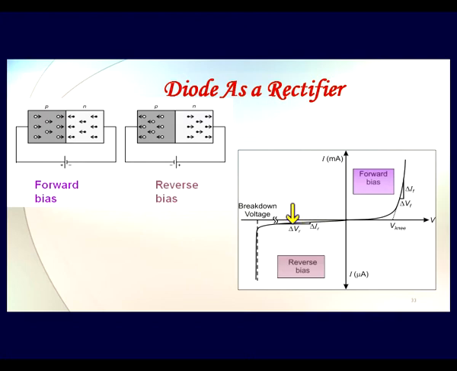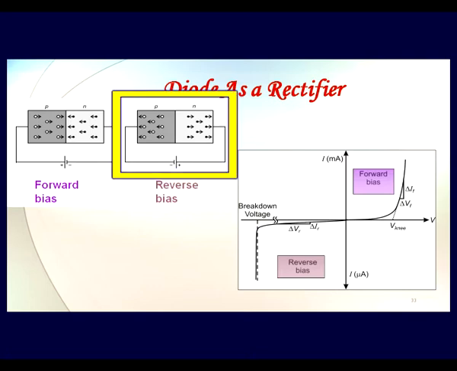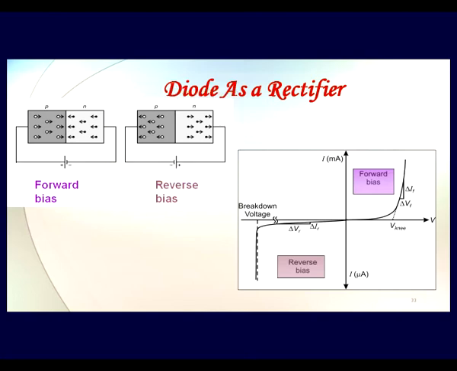So for a long range, that is up to a very high reverse bias voltage, we don't get significant current. It is as if this diode is not present, or as if there is a switch which is shut off when the voltage of negative polarity is given to this device, and only after a very high voltage what we encounter is a breakdown voltage. At this breakdown voltage, of course, we are going to destroy this diode because of overheating, and it is not normally recoverable.